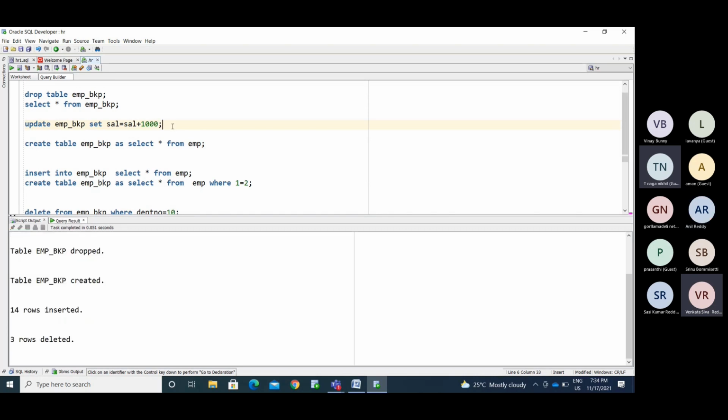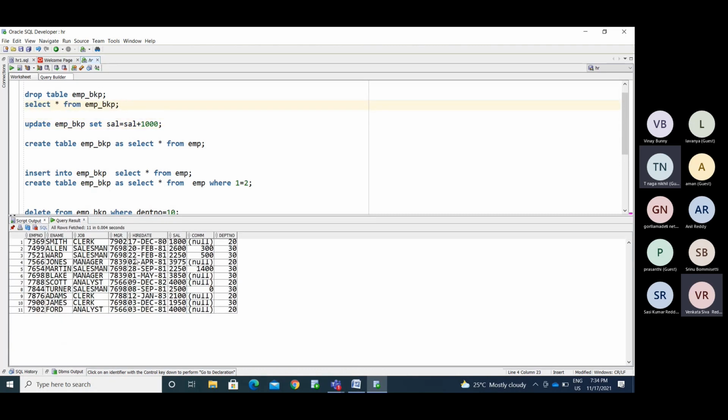If I run this, the salary will increase by 1,000 rupees for each and every employee. See, 800 becomes 1800, and 1600 becomes 2600. Now I updated the information.